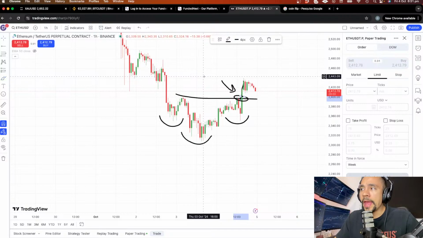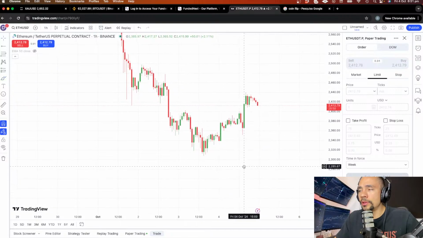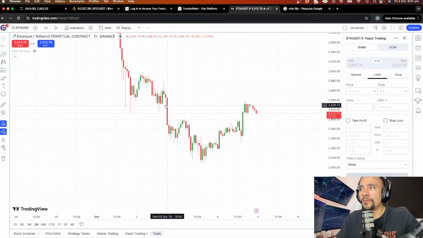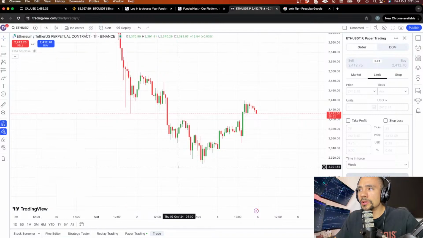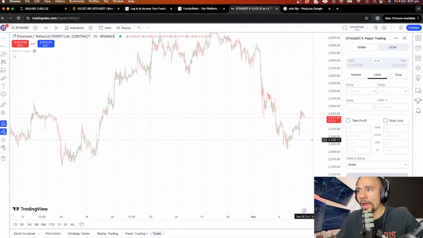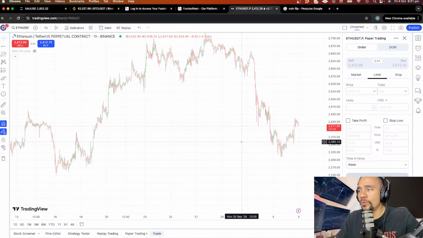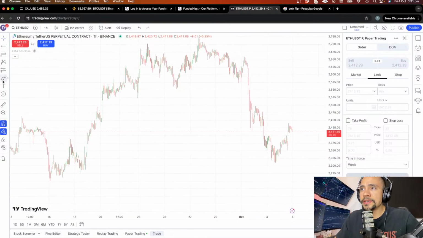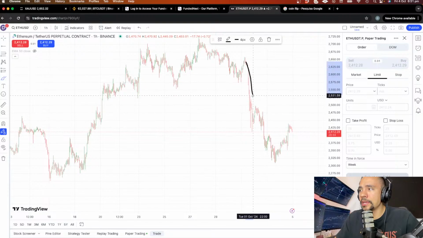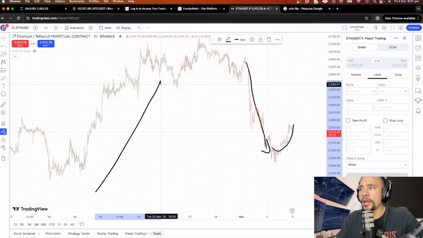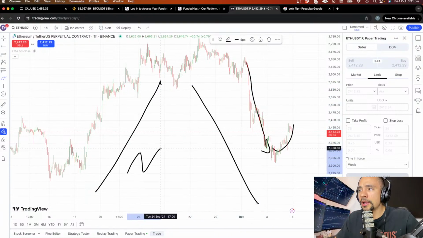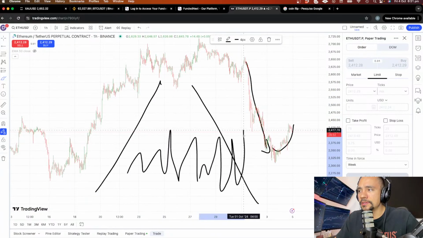And there are many confluences on that trade, meaning there are many things that were telling us that the market was ready to bounce with the head and shoulder. You want to see a head and shoulder after a very extended move down, which you had, because now you have what? The mean reversion on your side. Because the market, again guys, doesn't move straight up or straight down. The market moves in waves.